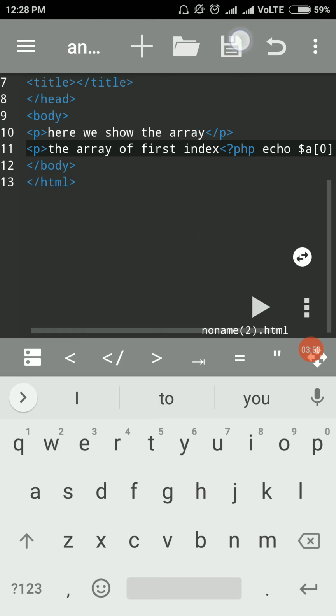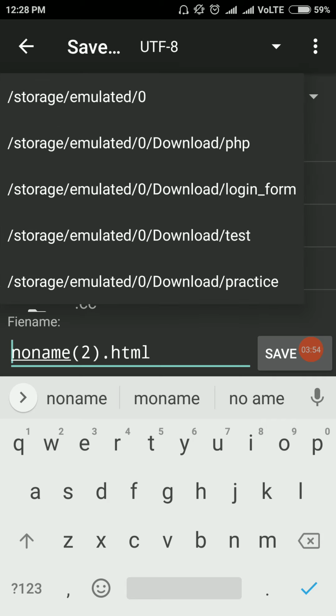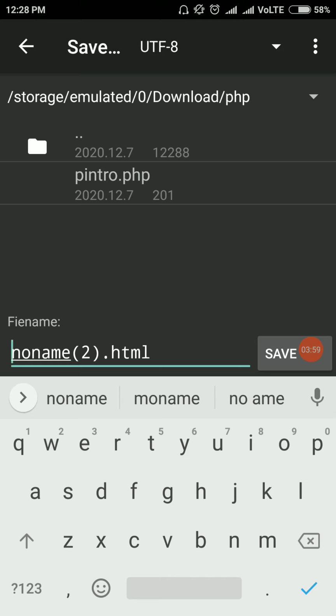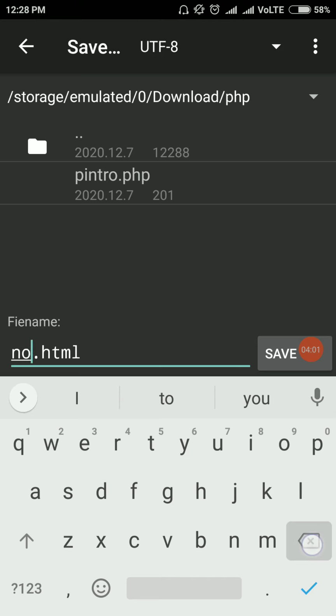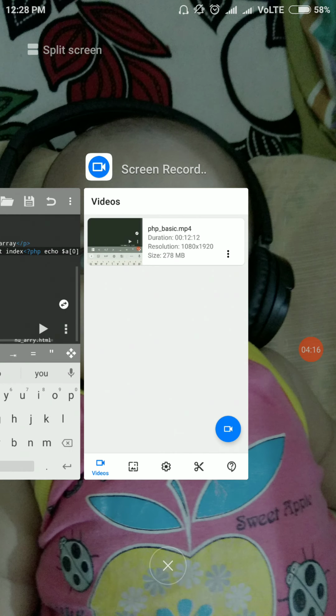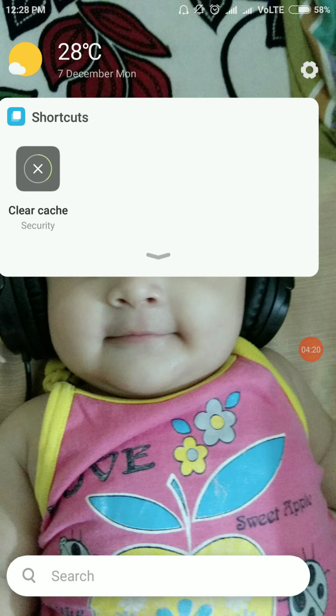We save this file and give it a name in the PHP root folder, the first numeric underscore array. We save this file and run it. First of all we open the web server.